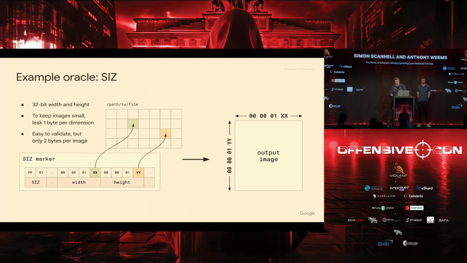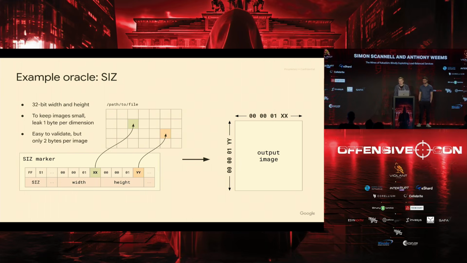So here's an example oracle. This is the first one that we tried. Like Simon said, there's a marker in JPEG 2000 called the size marker, and this controls the width and the height of the image. So what we can do is, for the bottom byte of the width, we can say that that is a fragment that references 1 byte from a local file. And then we do the same thing for the height. Then when this is rendered, the actual output image will be all blank, but the dimensions of the image will be the leaked bytes. And so using this mechanism, we can leak 2 bytes per request by just running this through and then looking at how tall the image was and how wide it was.